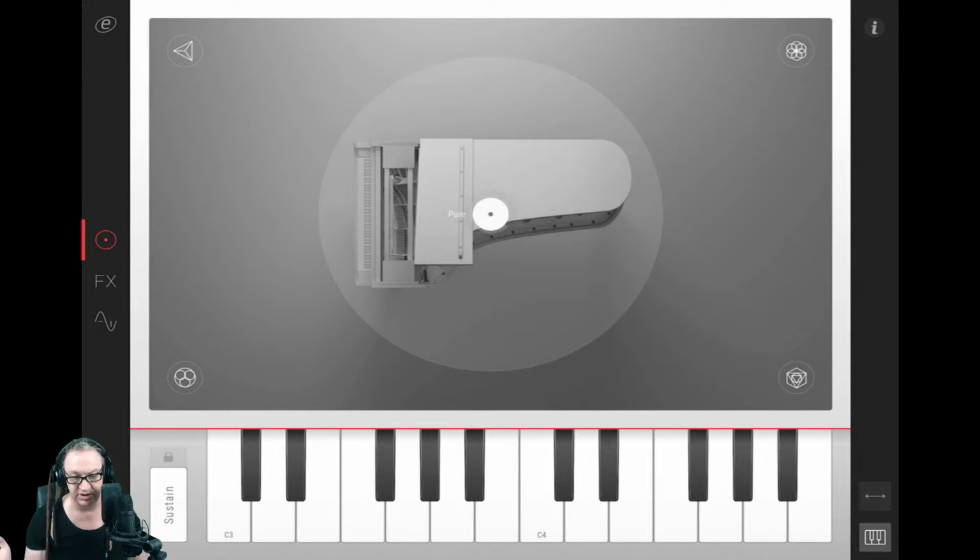You can use an external keyboard, plugging it in. You can use Bluetooth. So there are lots of features there. What I really love about this from the onset is just the beautiful, clean interface. It's really nice. And this wonderful